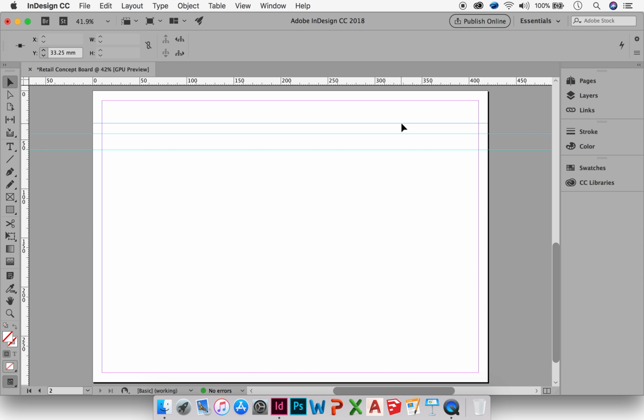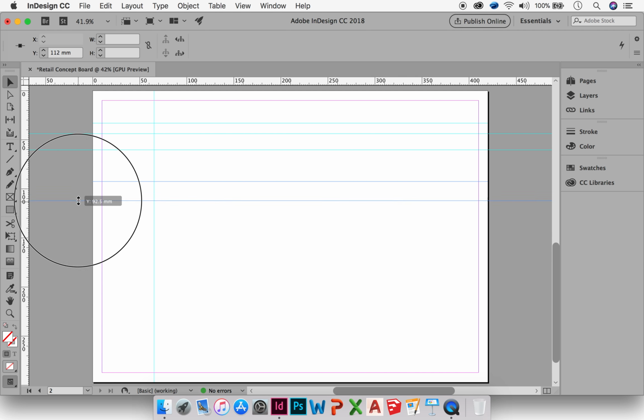And then the same process also occurs on the left-hand side. So if we click on the ruler on the left-hand side and drag out, you can see that it creates guides vertically along our page. Okay, so this is for if you want to work out your own or if you want to add ruler